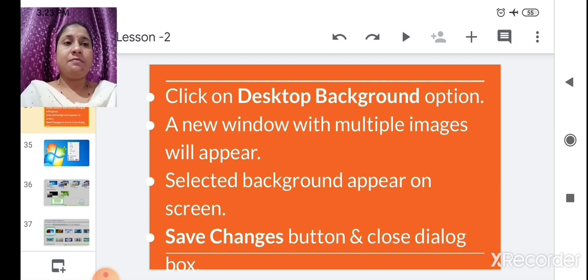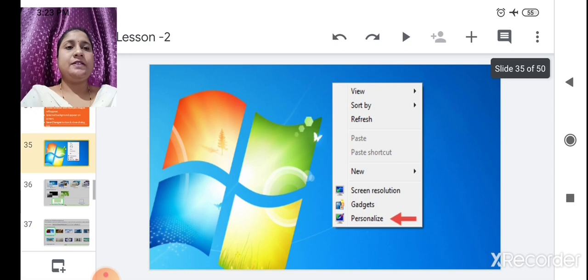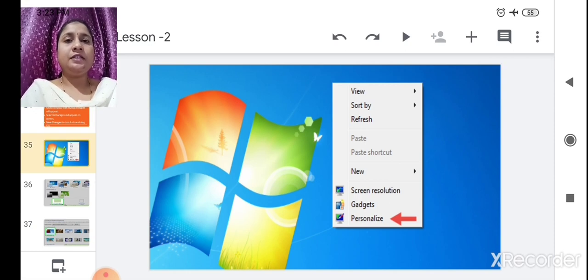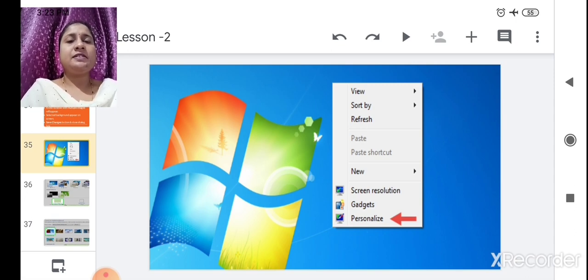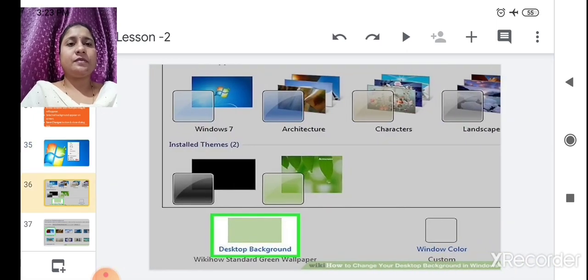Now we will see step by step how it will work. See here, after clicking the right mouse button, this option list will come. In that, first is Personalize. Just click on this Personalize, and then this Personalize dialog box will open. In that, Desktop Background is given.